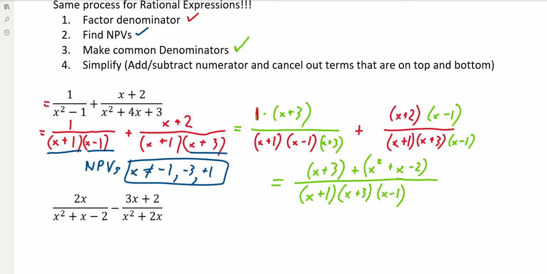Okay, so now we have common denominators, and now our last step is to simplify and add, subtract, etc. So the top we need to simplify, so we're going to end up with x squared plus 2x plus 1. And on the bottom we still have the whole